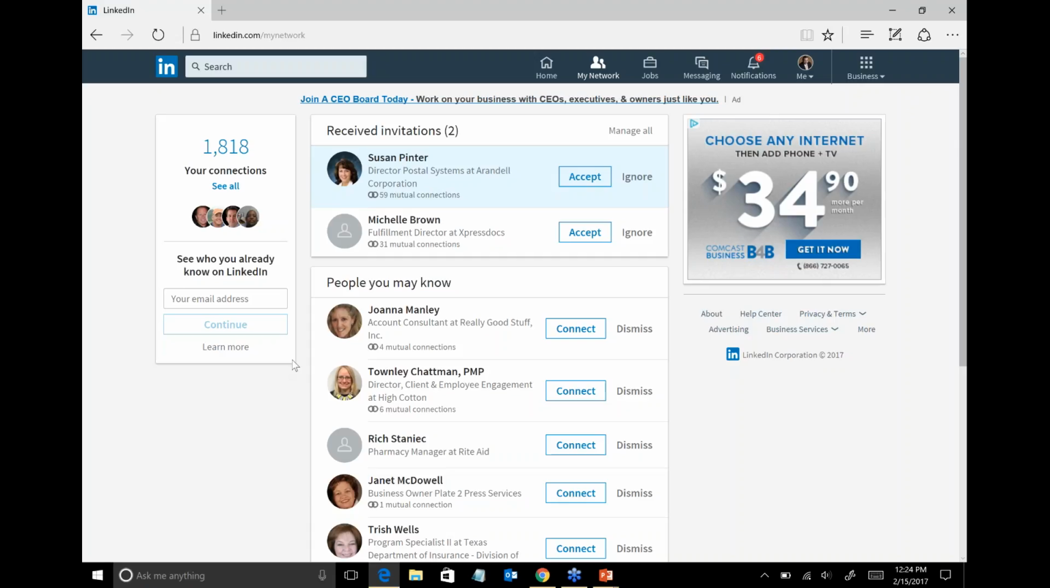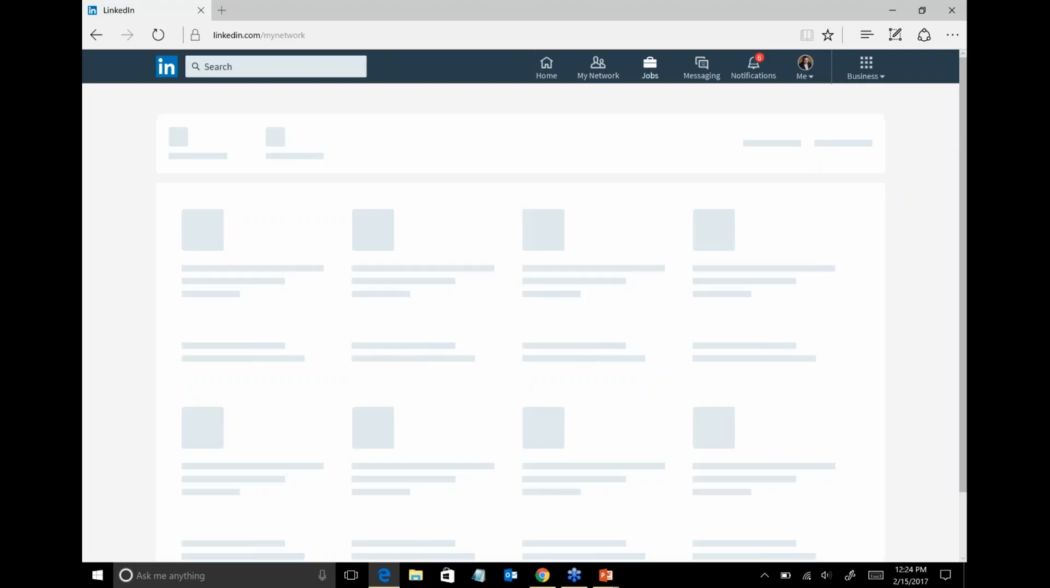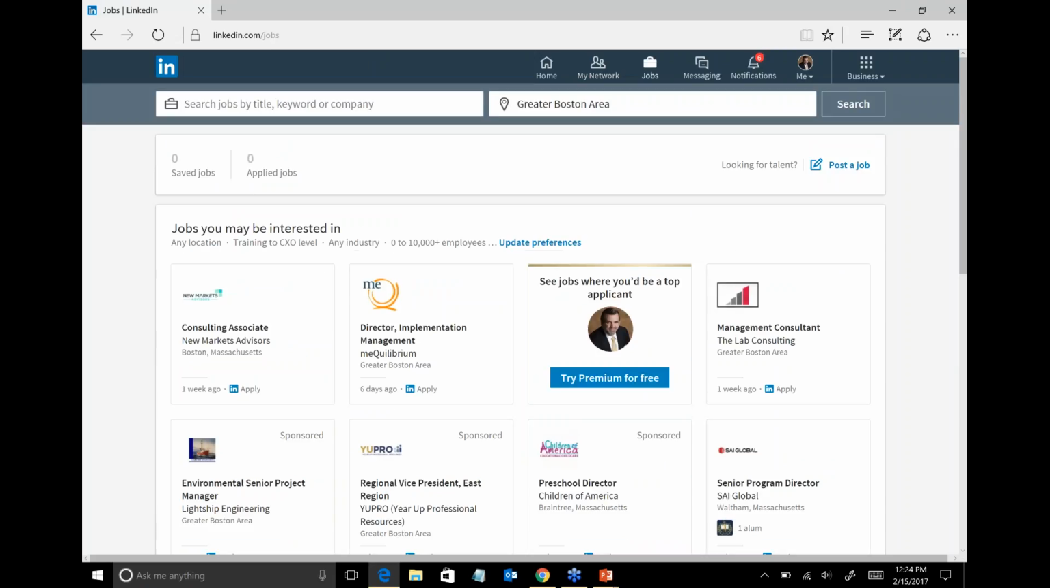The next part is I can click on jobs, and LinkedIn will look at my profile and determine types of jobs that I would be a top applicant for. So a consulting associate, that makes sense because I work in consulting. Project manager, again, that's in my profile, so would I be interested in any of that? And then if I go to notifications,